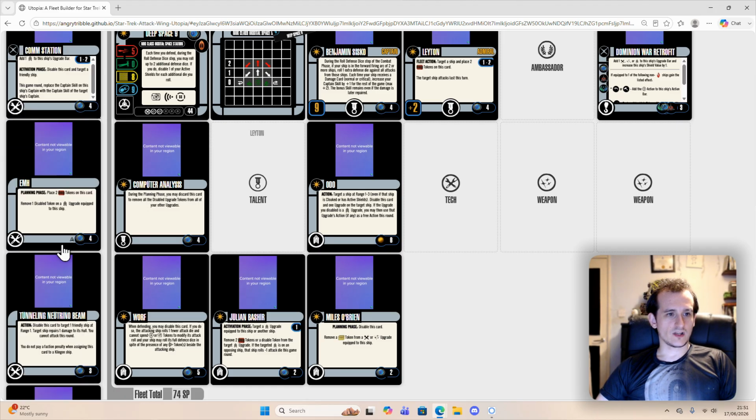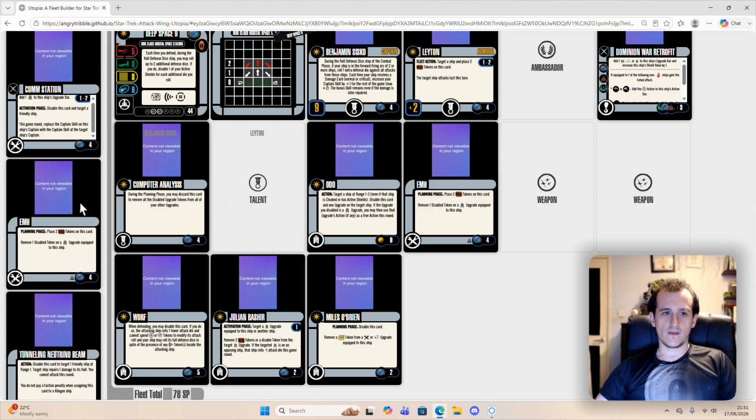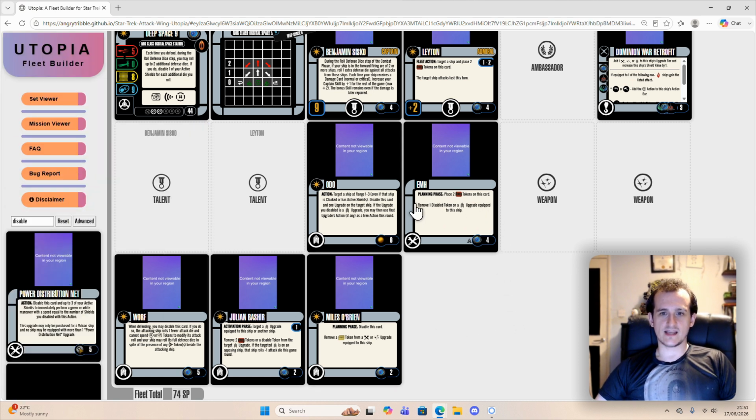I'm kind of liking the EMH. And then we can drop computer analysis, because that allows us to. We could have used Worf and Odo, for example, in the same round, and then next round we can re-enable both Odo and Worf with both of them. But now O'Brien is now used to re-enable weapon upgrade. So this is where we go